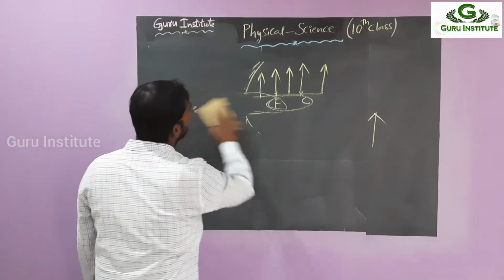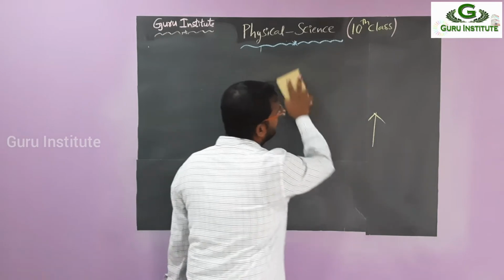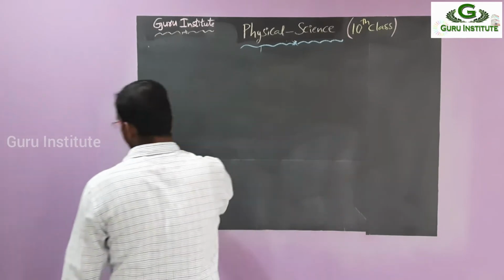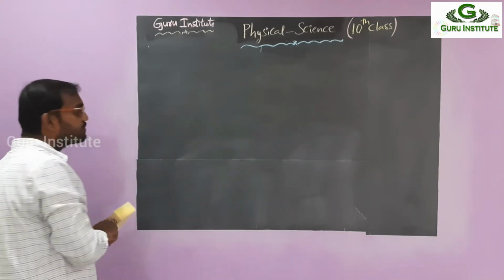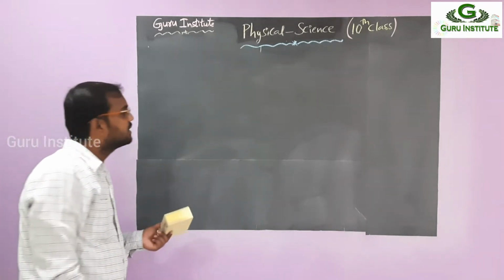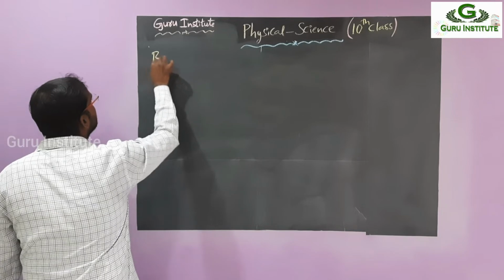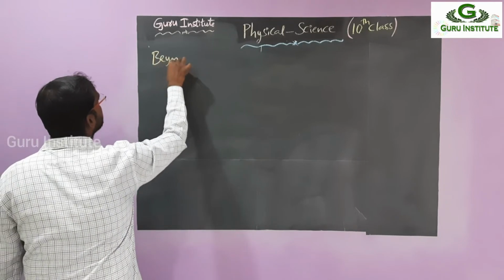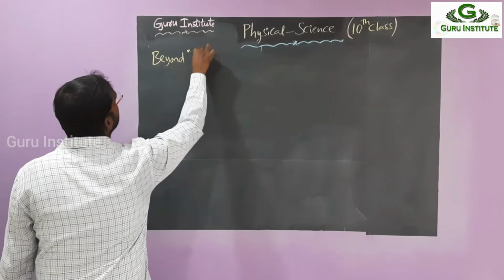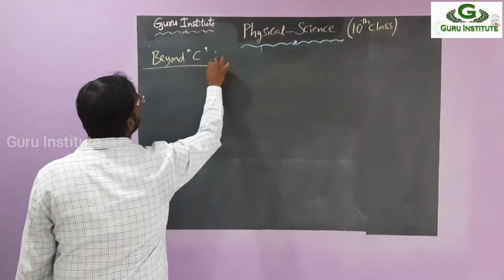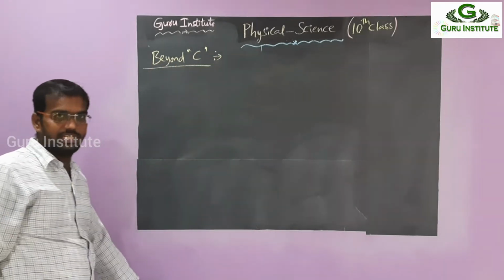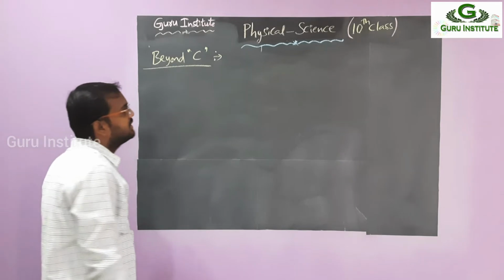So all of you observe cleanly. It has very large applications in the final examinations. A compulsory 4 marks question will come in this one. So first case, beyond C. Beyond C. Already we learned about this one. Up to now we have drawn the general picture, that all pictures are beyond C case only. Okay, right? Let me see.